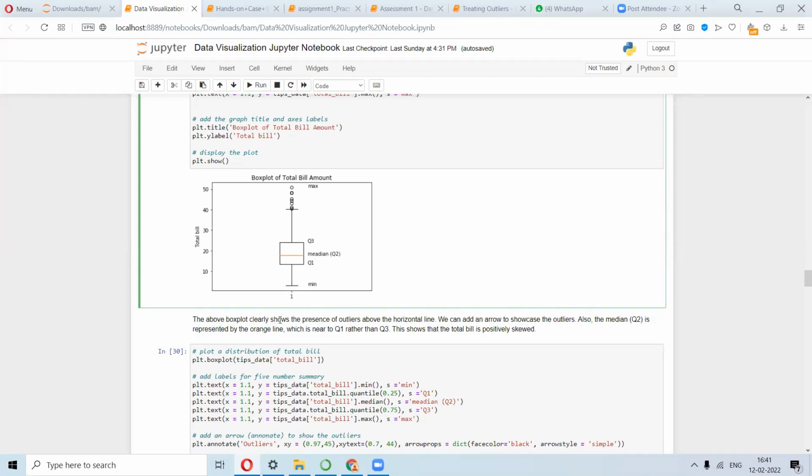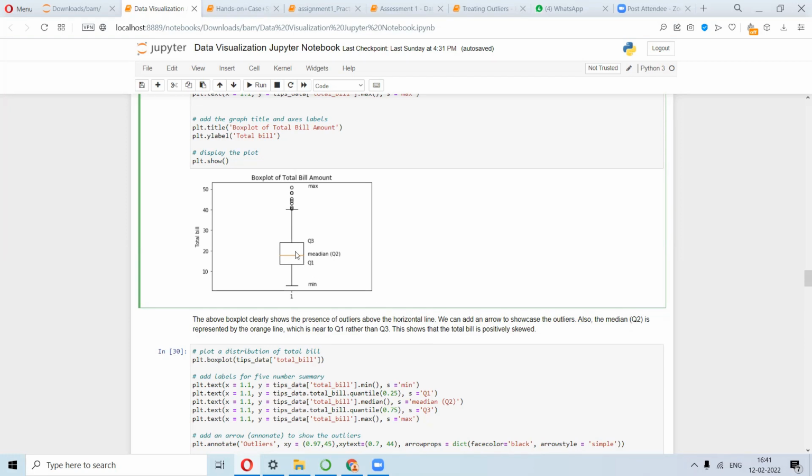Okay, so let's read from here. The above box plot clearly shows the presence of outliers above the horizontal line. We can add an arrow to showcase the outliers. Also, the median Q2 is represented by the orange line, which is near to Q1 and Q3. This shows that the total bill is positively skewed. Now, how do you know that this is positively skewed?